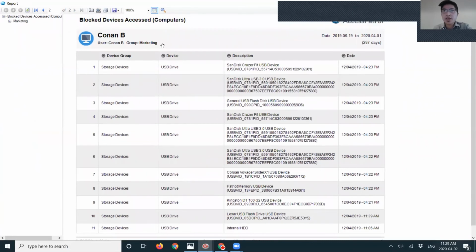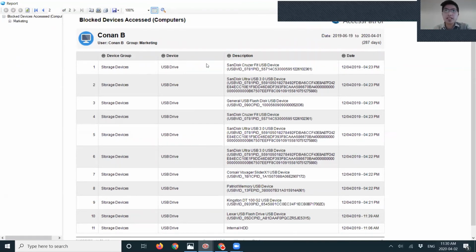So in this case, we've set up a policy to block USB. And we have an allow list where they can only use a handful of company-authorized USB drives. But if it's a personal USB key, it's going to trigger this report, and we report exactly what USB they're plugging into their laptop.